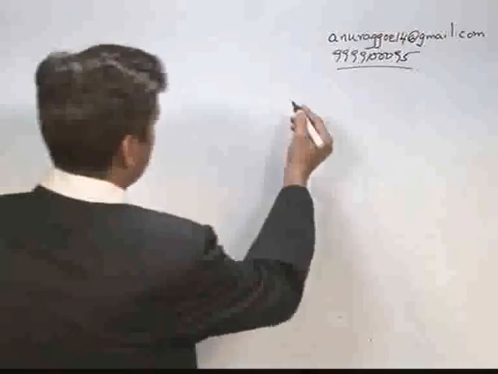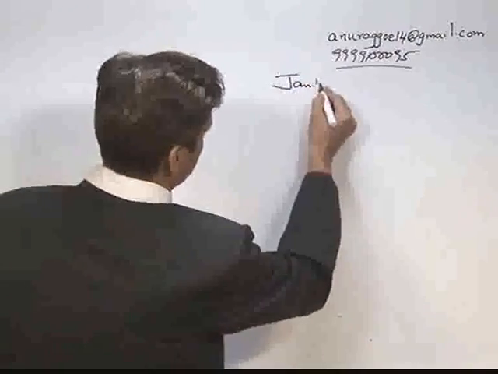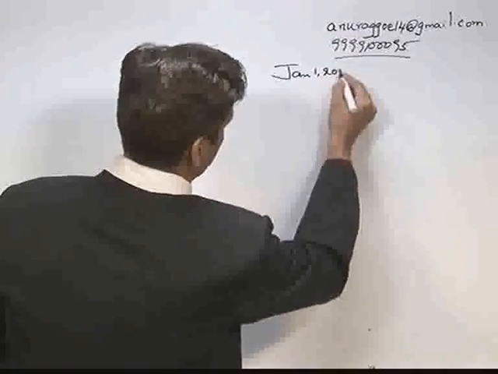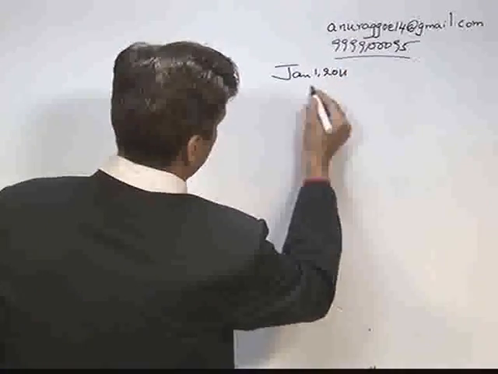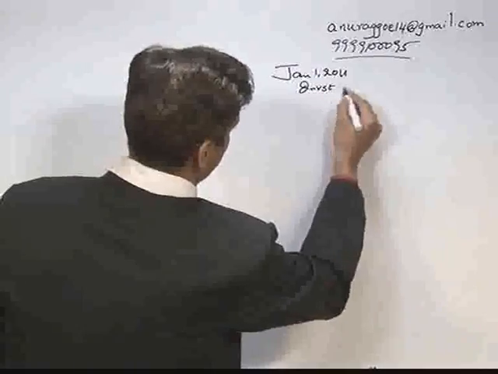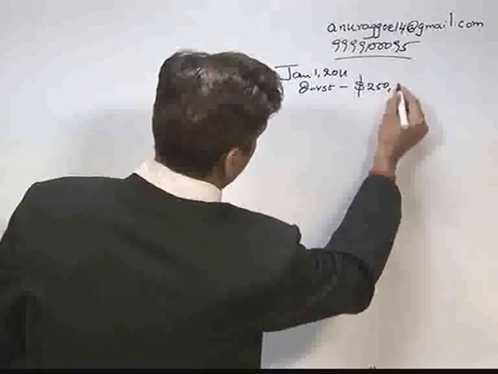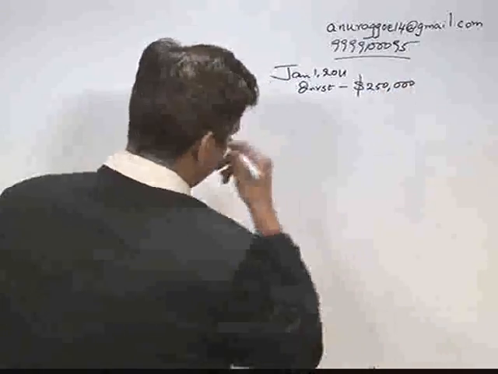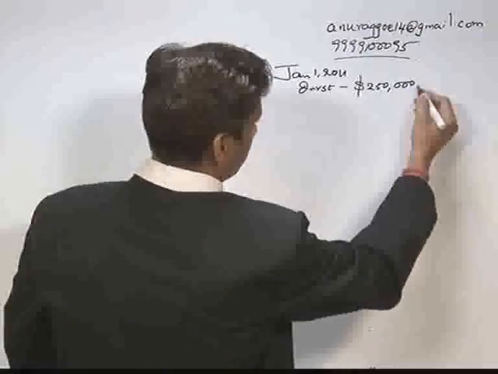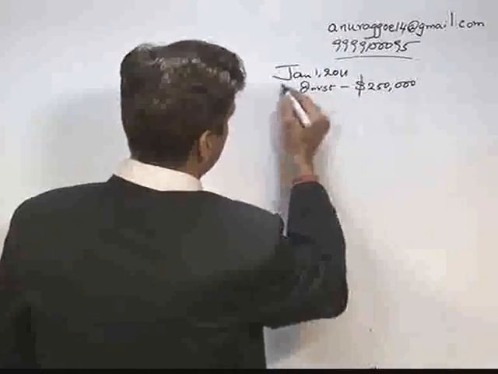I'll just probably explain this to you in a better manner. Say we are at Jan 1st today, 2011. Okay, let's look at it. I am investing in a project for say $250. This is my project cost. Now this cost can be at various points in time which I will incur, but for sake of simplicity I am assuming that this is happening on Jan 1st.